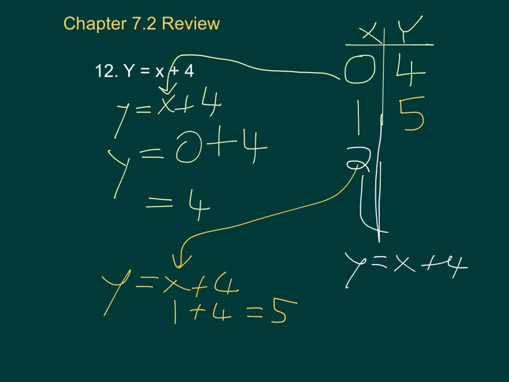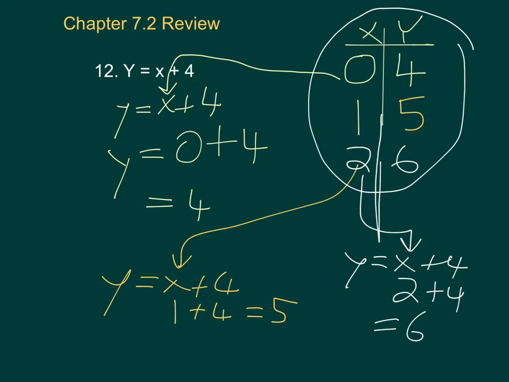I plug in 2 for x. That equals 6. So all these questions are asking you to do is come up with your own value for x, whatever seems easiest to you,